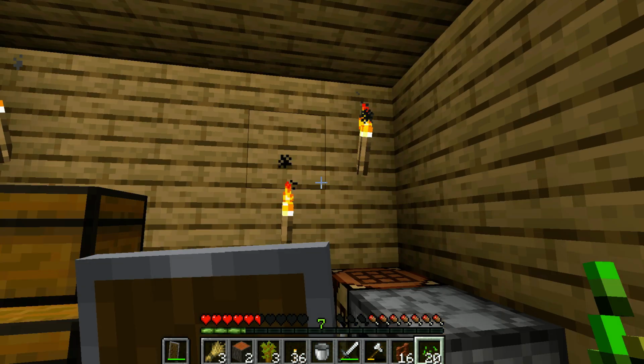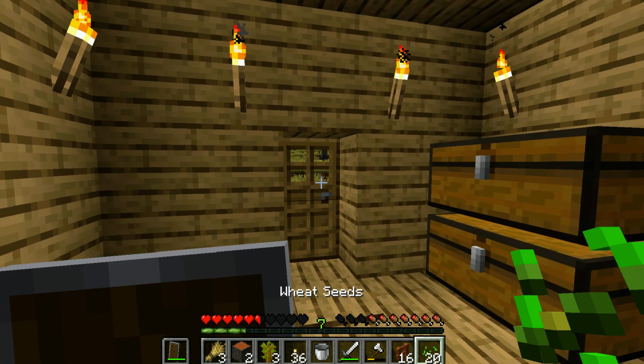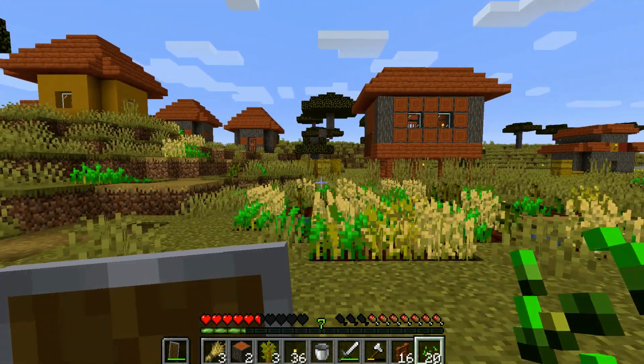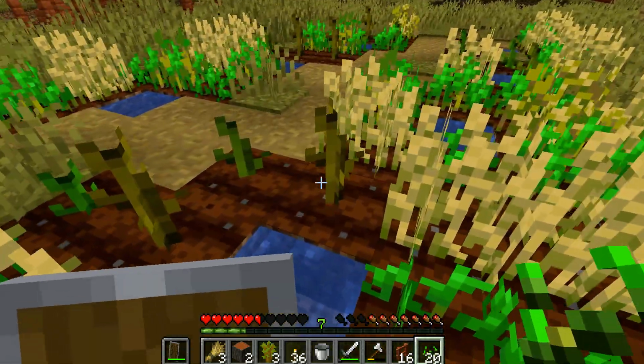Yo, for some reason, I thought these seeds in my hands were like a creeper walking into my base, and I was about to actually have a heart attack. Like, I jumped out of my skin for a second there. I got a little spooked, not gonna lie. Okay,